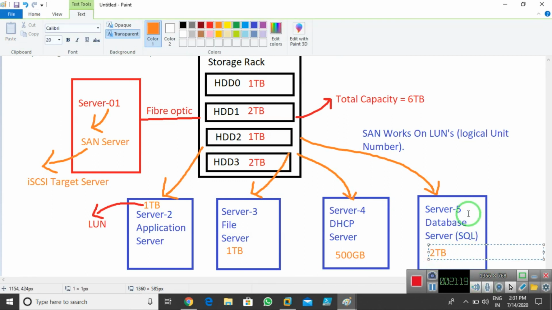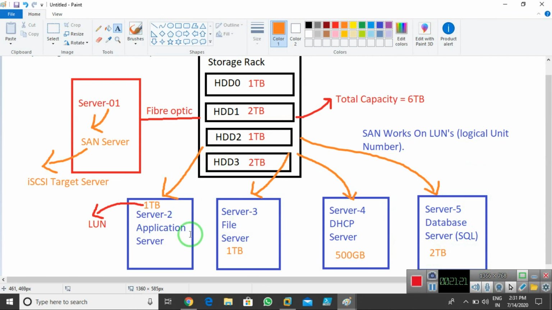These spaces which I provided are virtual space. With the help of the SAN server, I can provide this virtual space to all the servers, and they use that space and save all the data. Those spaces are known as LUNs.